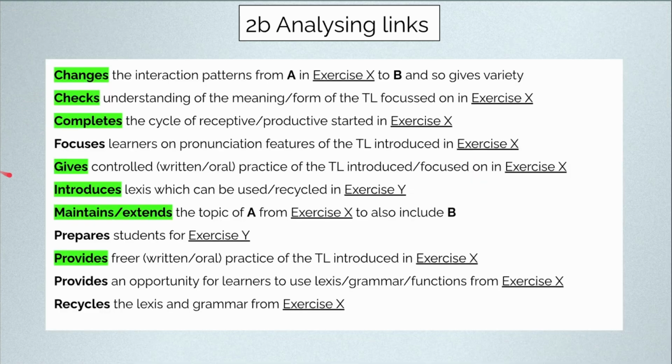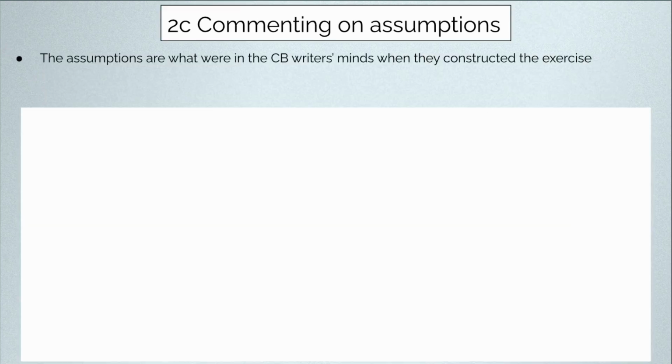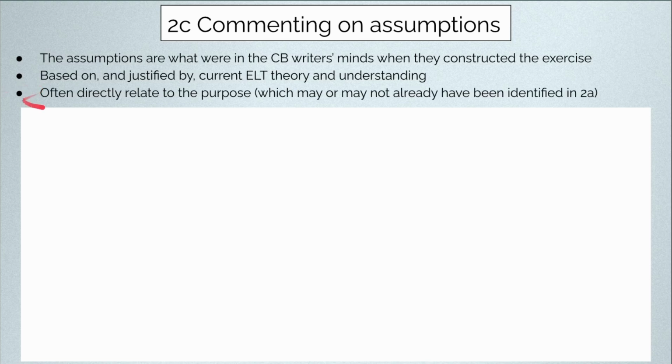From our most common links earlier, you can see the ones that appeared in this task specifically. And lastly, we move on to 2C, commenting on assumptions. The assumptions essentially are what were in the coursebook writers' minds when they constructed the exercise. They are, or should be, based on and justified by current ELT theory and understanding. And they often directly relate to the purpose of the exercise, which you may or may not have already identified